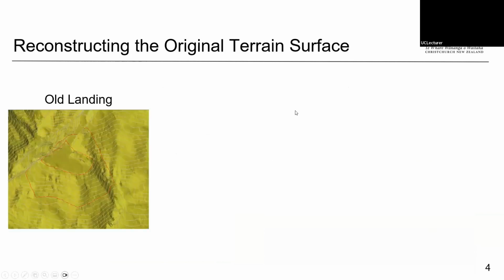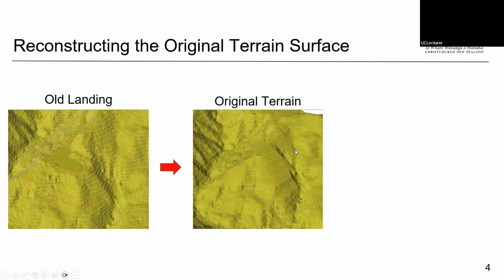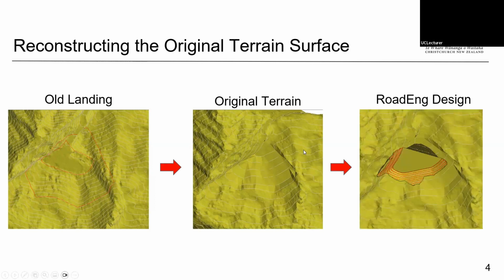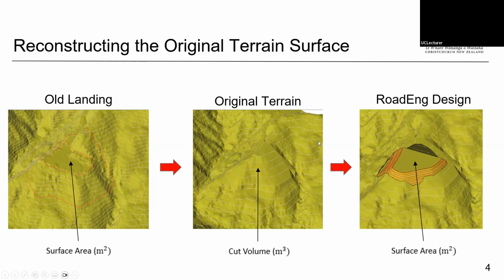So fundamentally, the method was based on taking a digital elevation model of an existing landing, which you can see here, and then transforming it into a digital surface model of the original terrain using tools in Road-Eng. This original surface layer was then used to redesign a new landing and compared to the original using the average cut depth, which was calculated by dividing the amount of cut volume it took to construct each of the landings